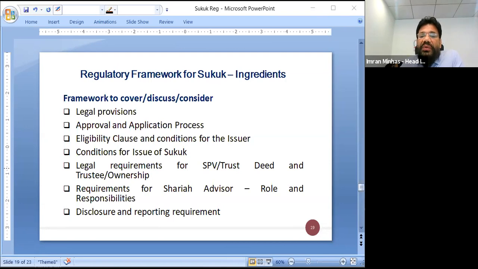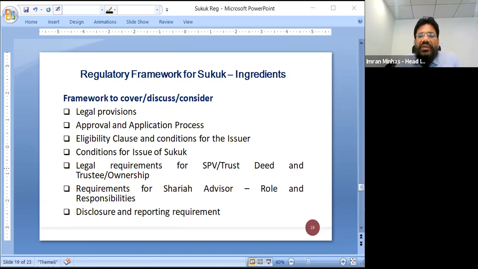Your requirements for listed Sukuk may be quite stringent as compared to the requirements for privately placed Sukuk. So both have different frameworks and different requirements, and you can allow them with different conditions. Sukuk structured under a single Sharia concept should preferably be named according to the concept of the financing. Like if it is structured on Ijara, it should reflect in the name, that is, Ijara Sukuk. But if it is structured on different concepts, you may name it whatever you like. So the regulator may decide on it.